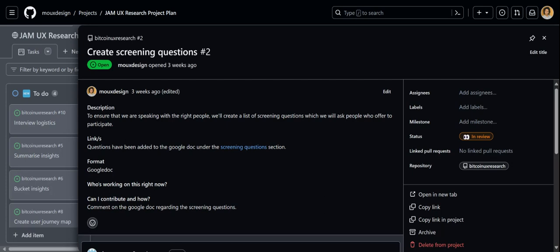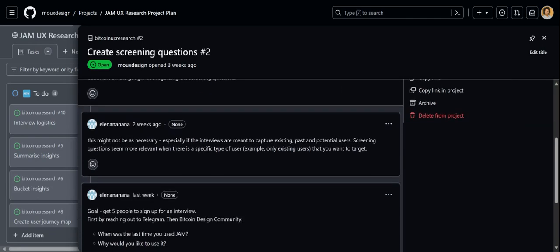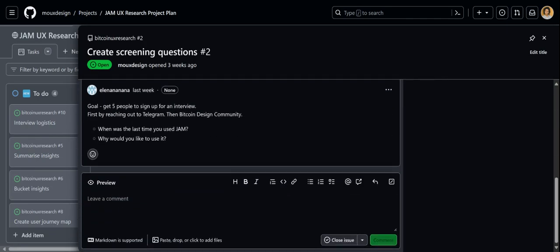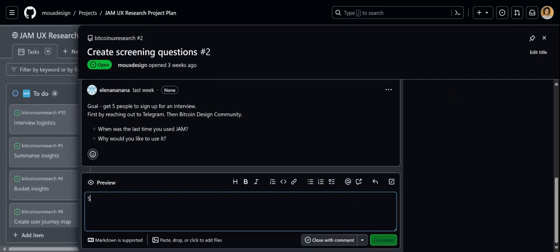If we get only 5 interests, then we will take everyone we get. But if we get more, we could screen them with a little questionnaire to get a good number of people from different knowledge levels.